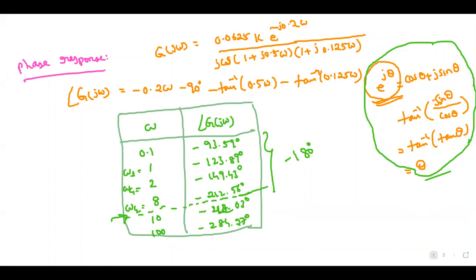Right. So basically, these points are also not required. Only these 3 points you can do. In that also, it is better to take points in between these 2 and 8, because only in between we'll get minus 180 degrees. So if you take 3, 4, 5, 6 like that, you will get the exact point where we are getting minus 180 degrees. That is good. Anyhow, we have finished that table.